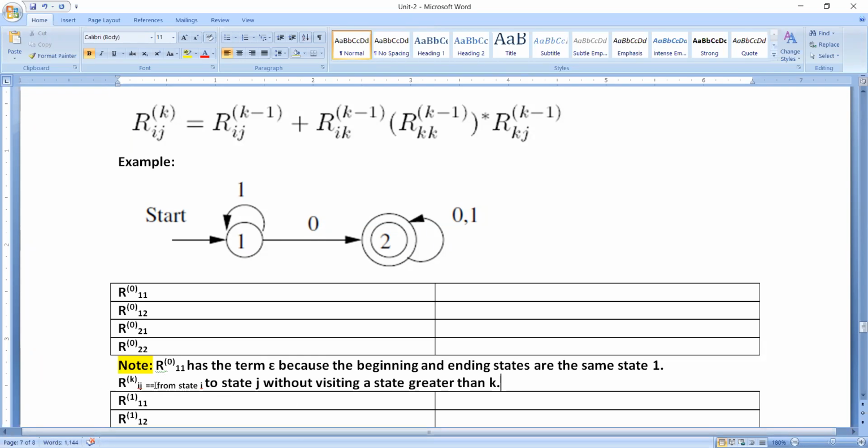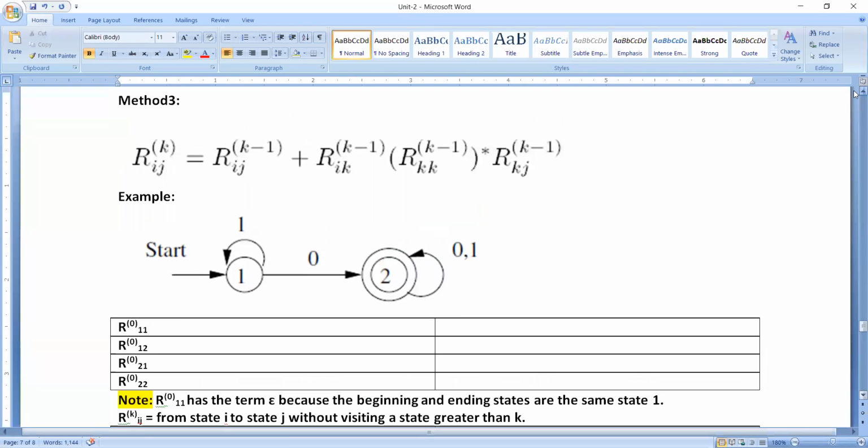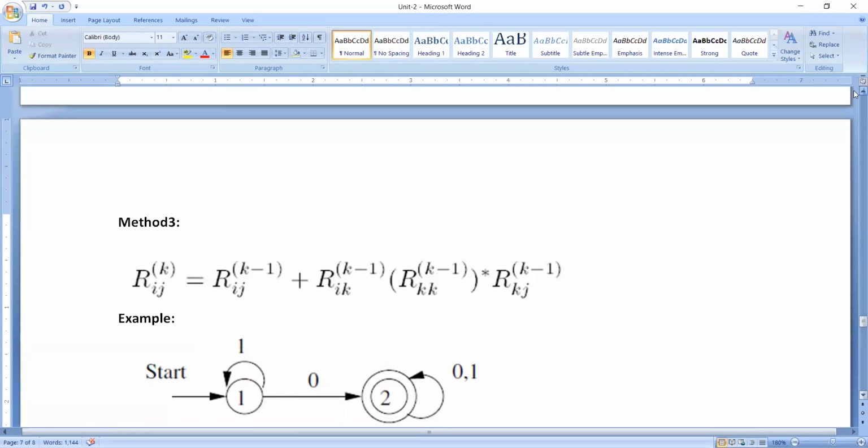Now I think you are not able to understand this terminology. That is the reason why I will try to explain this with the help of an example straight away, so that you can easily understand all these things. Now let me tell you, how many states are there? Please try to understand. We have two states, state 1 as well as state 2.